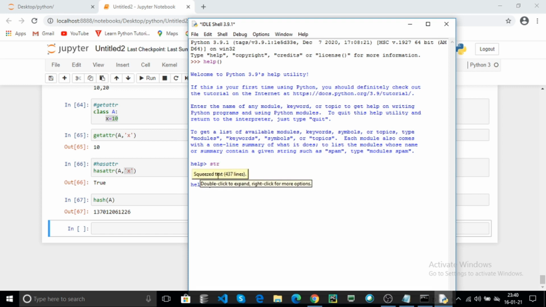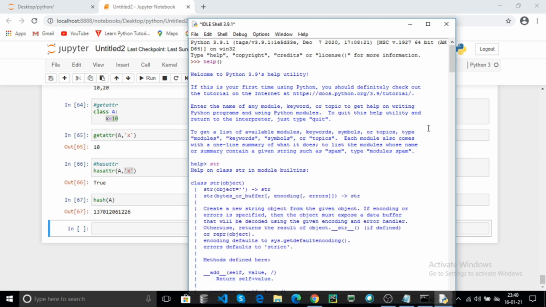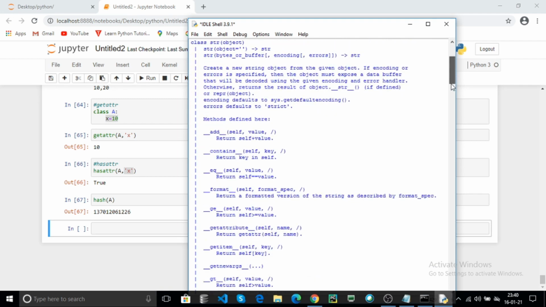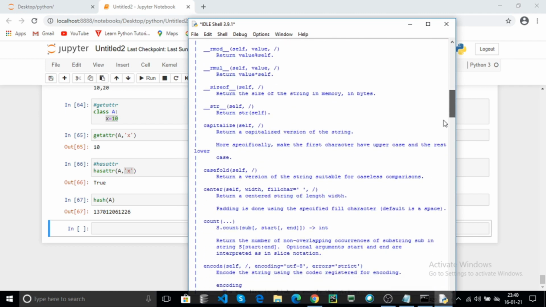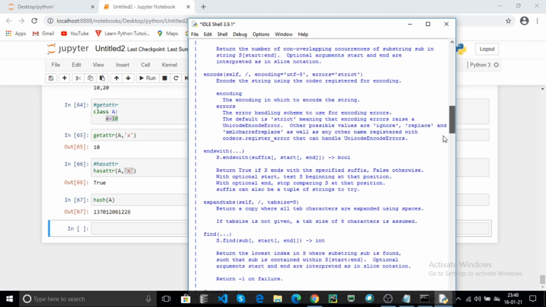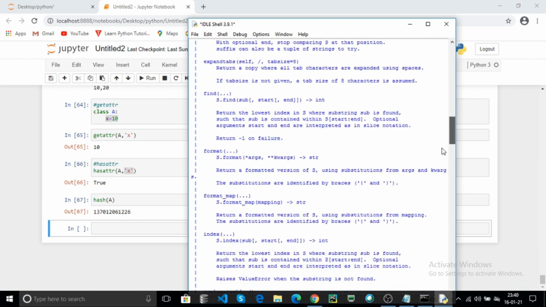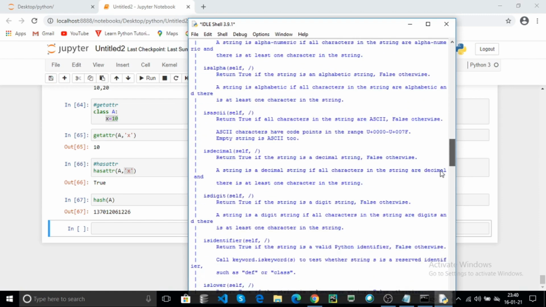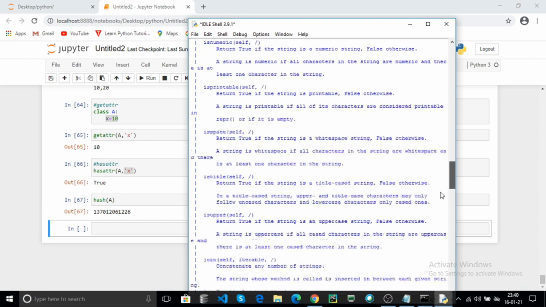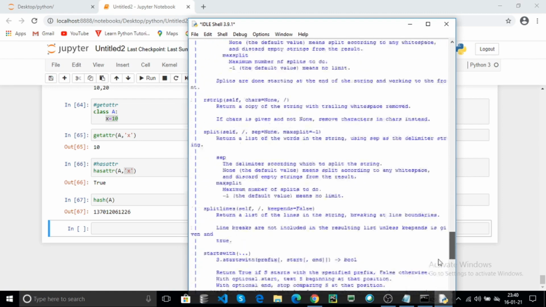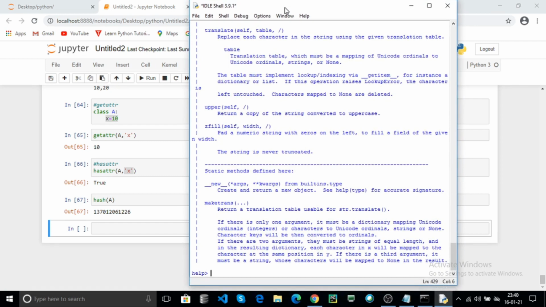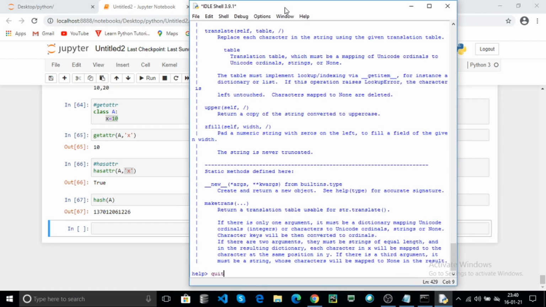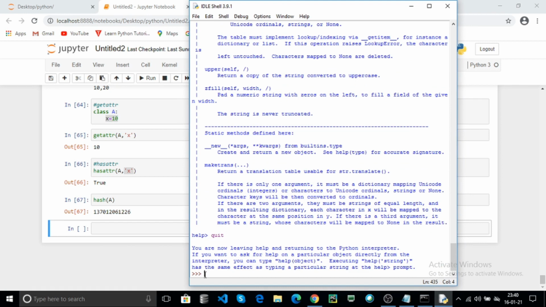Here it returns the documentation for you: what a string is, what the available methods are, what the magic methods are, and all the documentation the help module will provide for you. And you can quit out of the help prompt. You can use quit, which is a built-in function, and hit enter. This is the normal prompt.